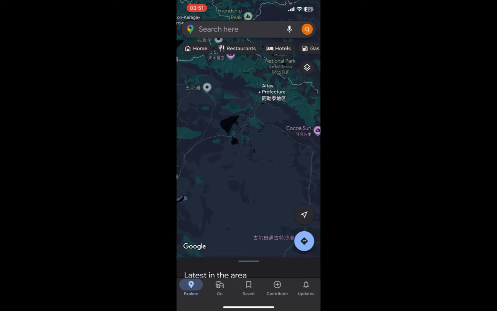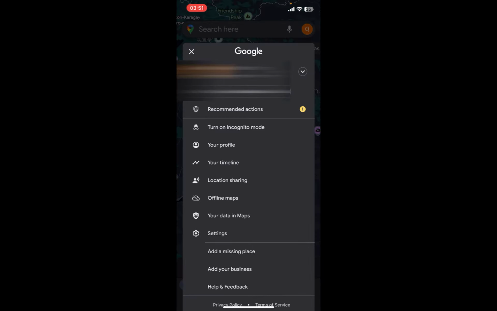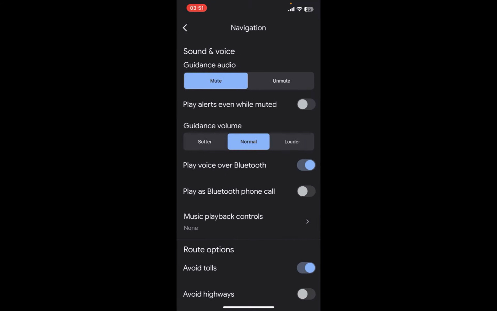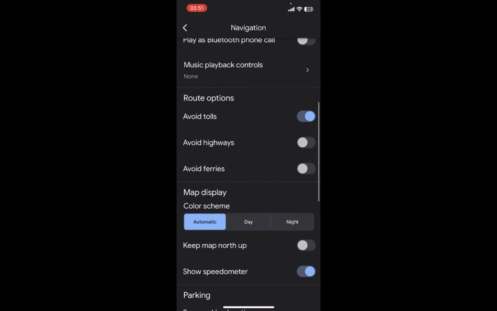Now on the screen, you can see options like the search bar, your user icon, explore, go, saved, contribute, updates, etc. You have to go to the top right corner and find settings, which is usually about halfway down your screen. Once you go to settings, you have to find the navigation option, which is the first option there. Once you go to navigation, go ahead and scroll down and find route options, where you have to turn on